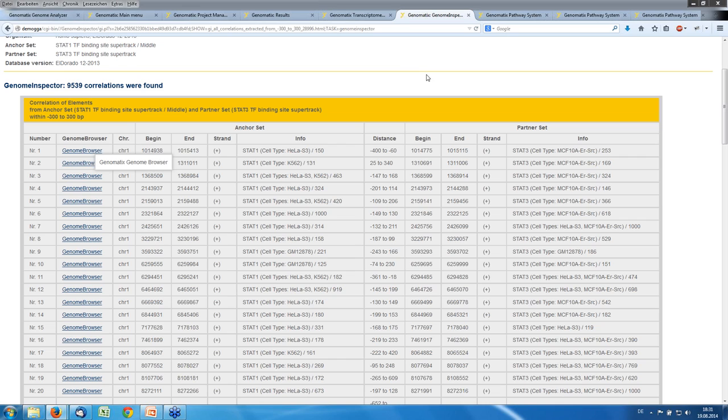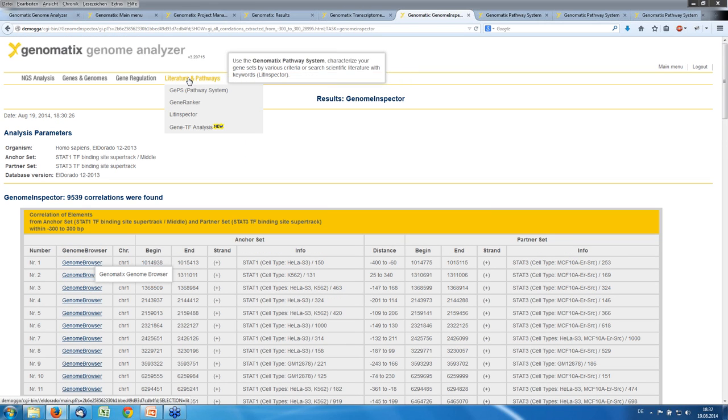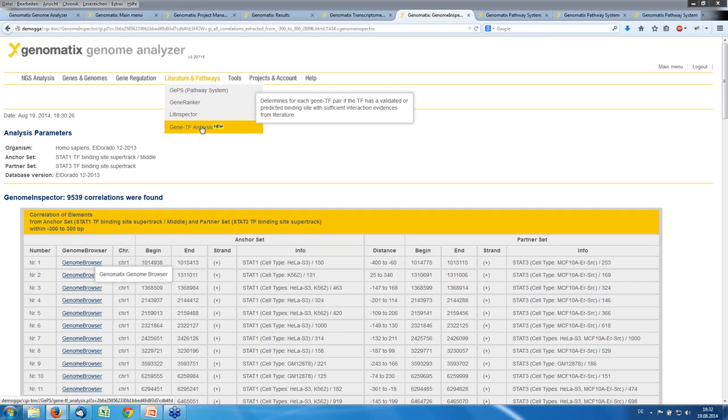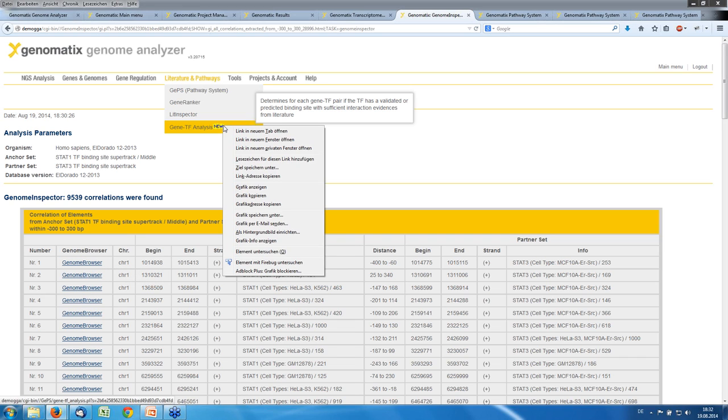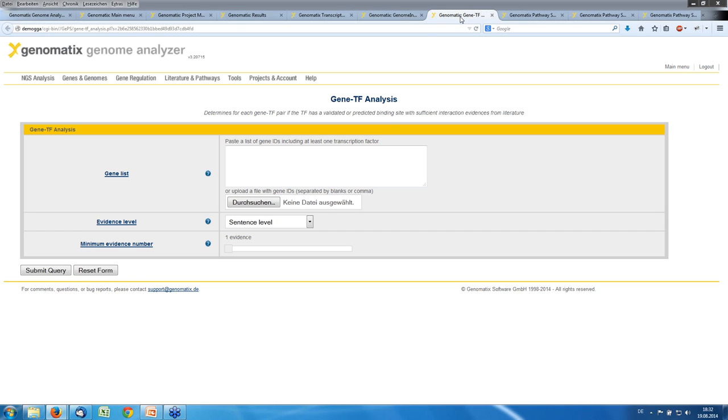Okay, now to show you the gene TF analysis in the literature and pathways, I'll just open this here. You find it in this menu item here, the last item shown with a new tag. Okay, now what can you do? You can upload or enter a gene list. Either you enter it here or you upload it here. I will actually upload a file